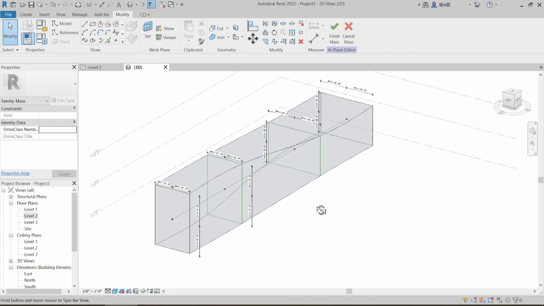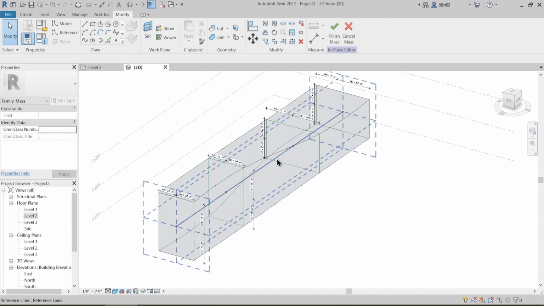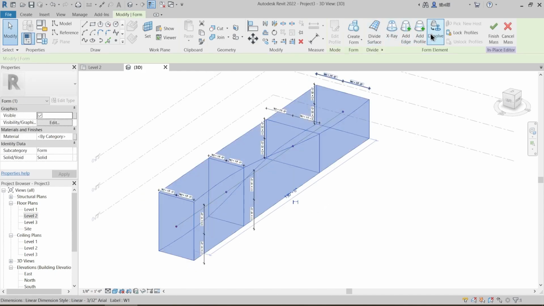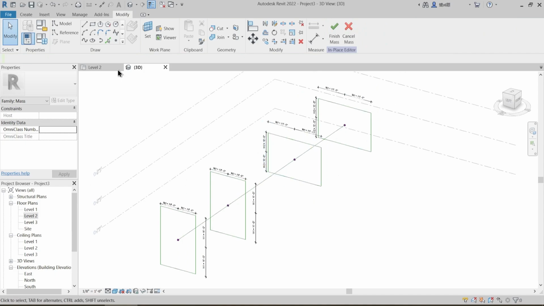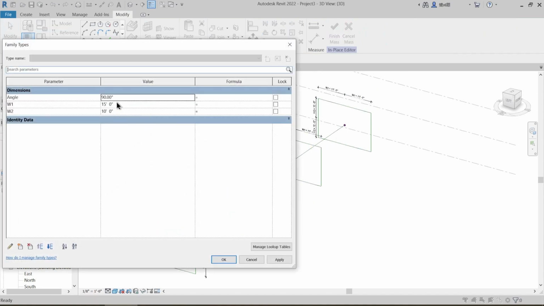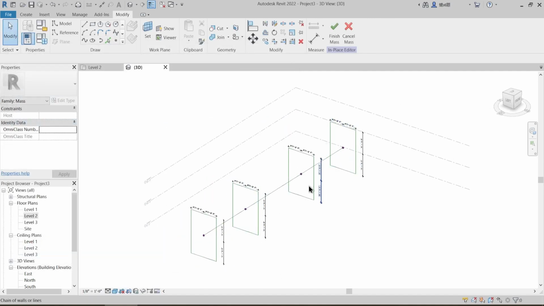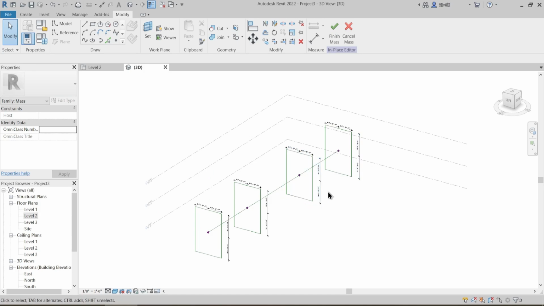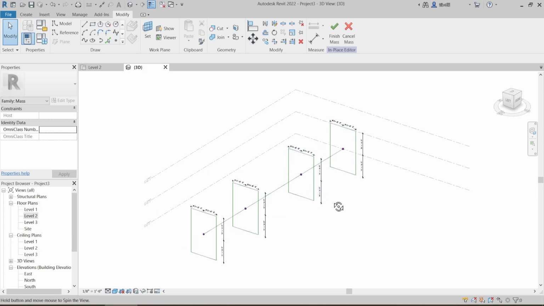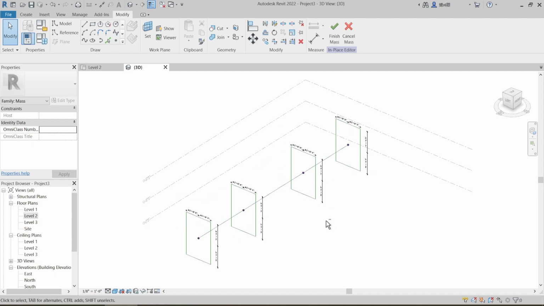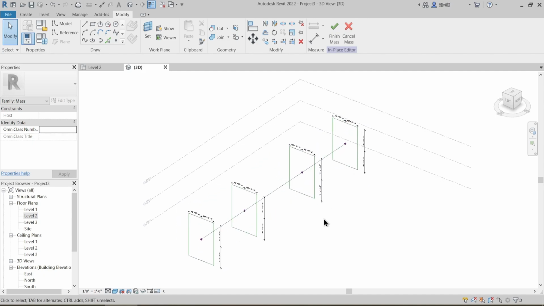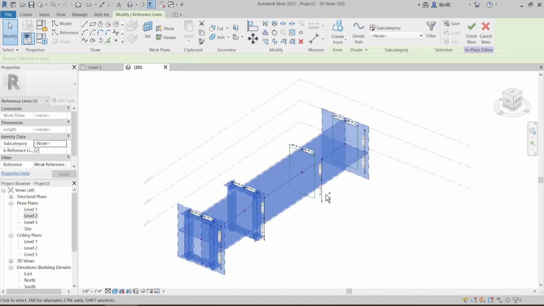So in that case, what we need to do is dissolve this and change the angle back to 0, and tell Revit that along this path we want the same profile, but the profile should be twisted at these two points. So let's select all of that